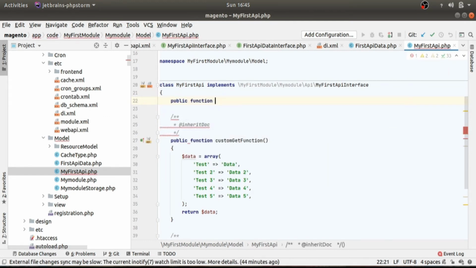To do this, we need to create our constructor and use the Magento Catalog Model Product as a dependency injection.